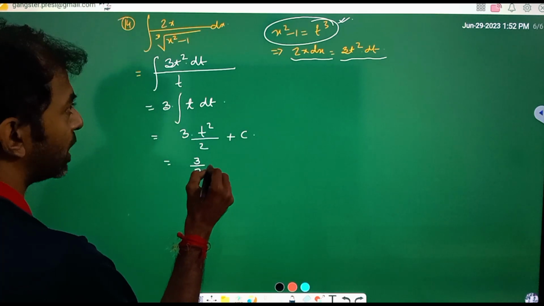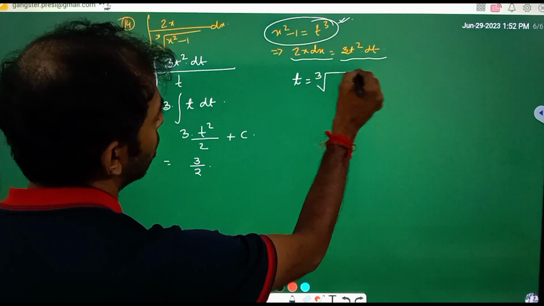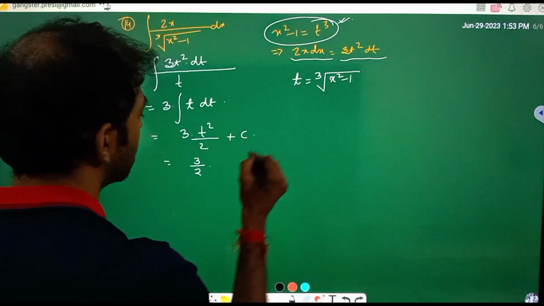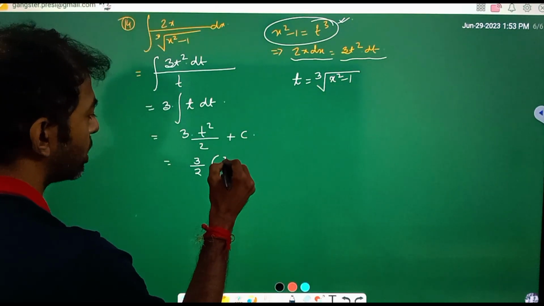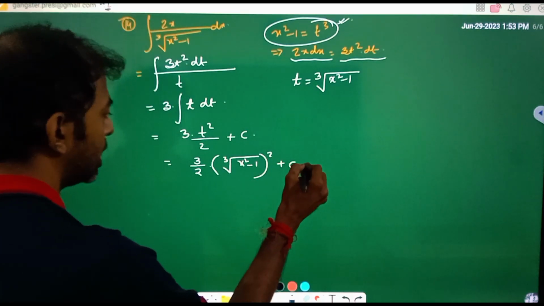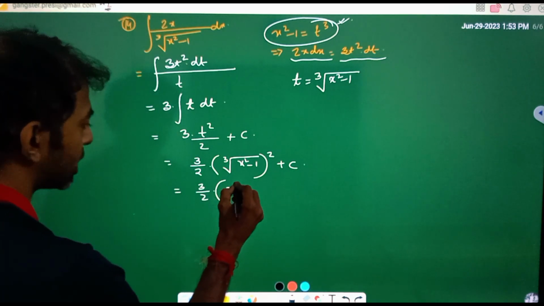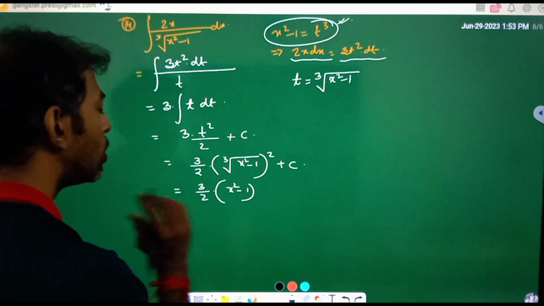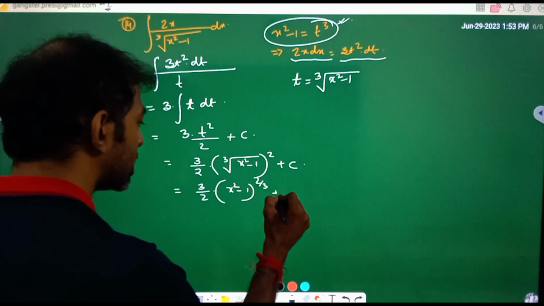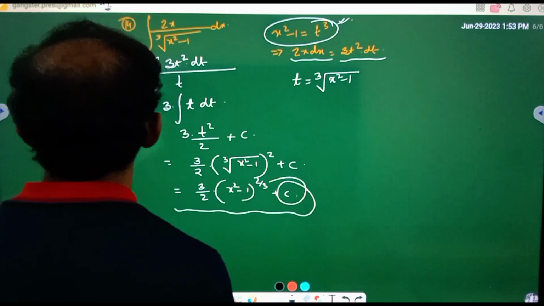Now put the value of t here. The value of t is cube root of x square minus 1. So we're just putting the value here, (cube root of x square minus 1) whole square plus c. So the total result will be 3 by 2 within bracket (x square minus 1) whole power 2 by 3 plus c. That's our problem actually, where c is the integral constant. That's the problem. Now moving on to the 15th problem, and that's